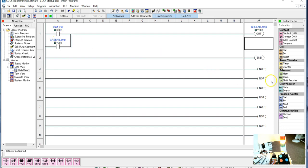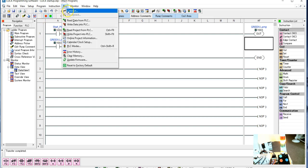So when I push the button, this turns on, which makes this all of a sudden become active. When we press the push button, this becomes active, and even when we let go of the push button, this is still going to remain active. It seals in the circuit. So let's take a look at that. We're going to connect up,